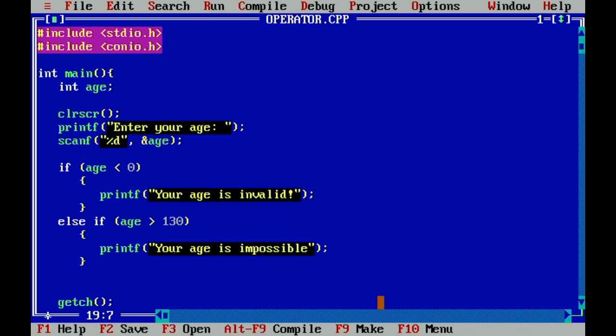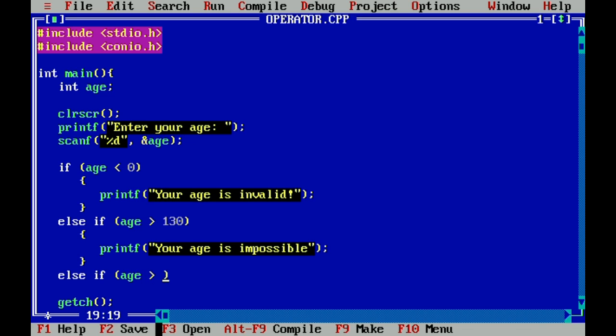So for those ages, you set another condition that if the age is not less than 0, and also at the same time it's not greater than 130, therefore we set another condition.